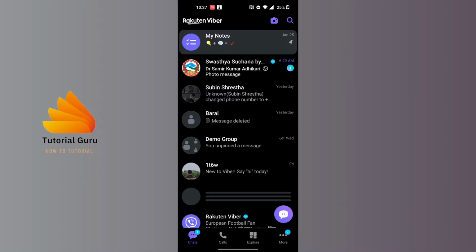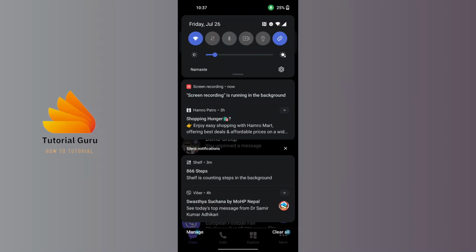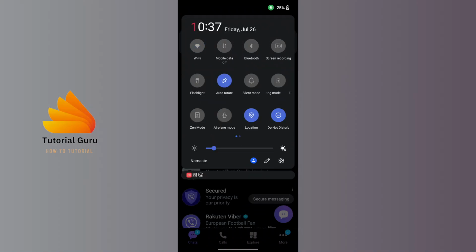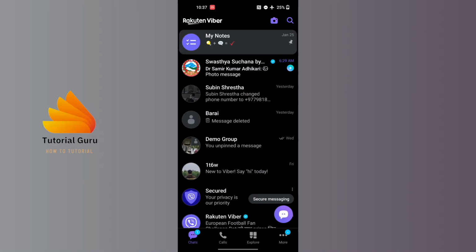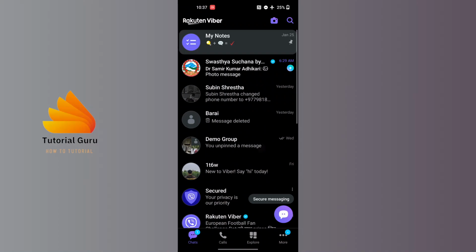And in order to proceed to read the message without seeing, guys, first you'll be required to turn off your connection, either mobile data or Wi-Fi. In my case it's Wi-Fi, so guys, turn off the Wi-Fi or mobile data and put it on airplane mode. And after doing that, guys, open the chat box of the person whose messages you want to read without seeing. And after opening up the chat box and reading their message, simply go